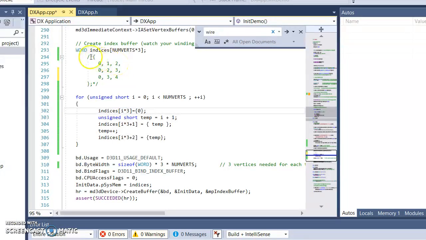Now for the indices, I also set up an array which is the size of the number of vertex times 3. So the number of vertices, it's